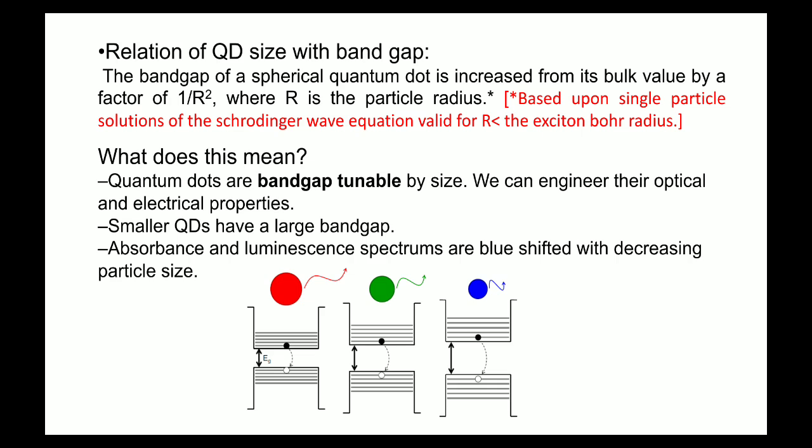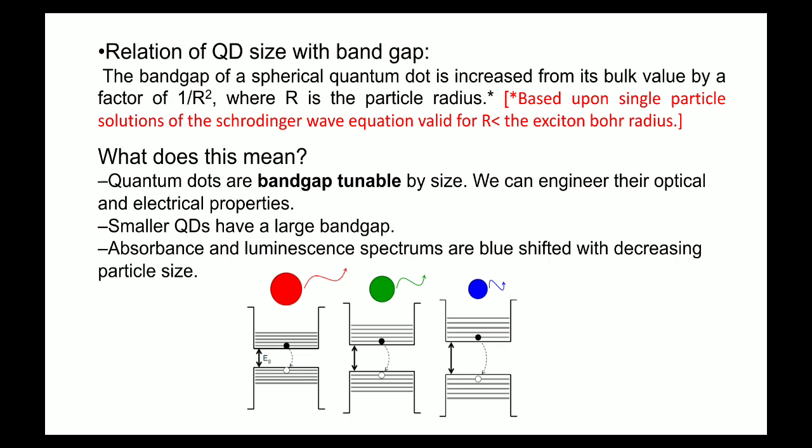this size, and if we further reduce the size of PbS, lead sulfide quantum dots, then the color no more remains red. The color has shifted from red to green. Now you can see the color of the quantum dot is green. Why? Because its band gap has increased, because we have reduced the size. If you further reduce the size of the lead sulfide quantum dots, then you are able to see blue colored